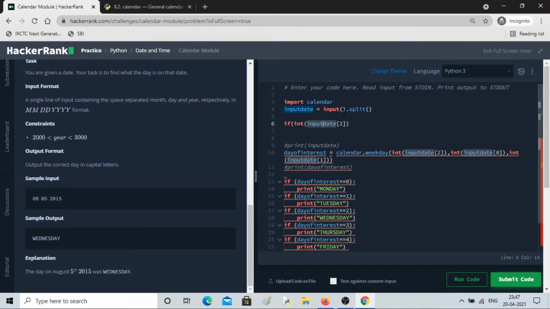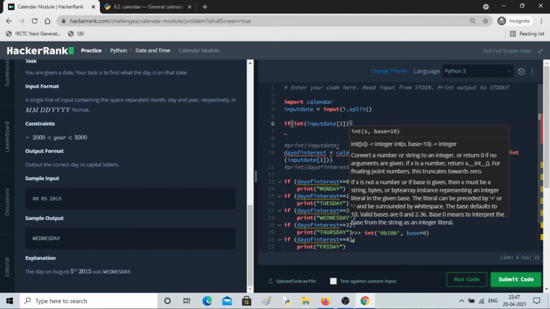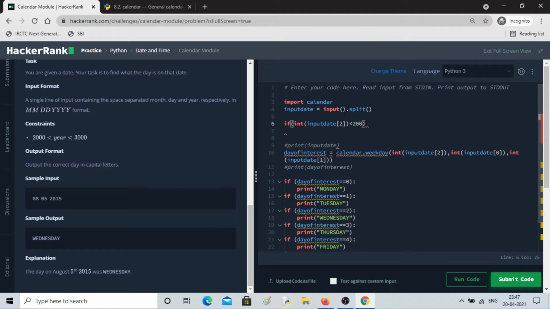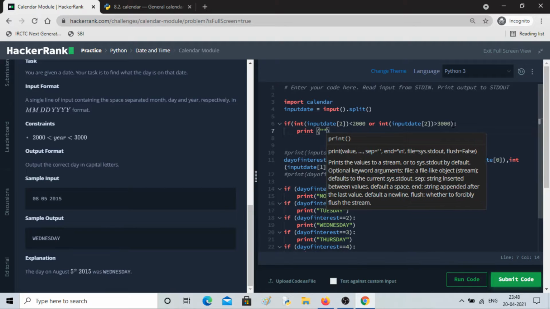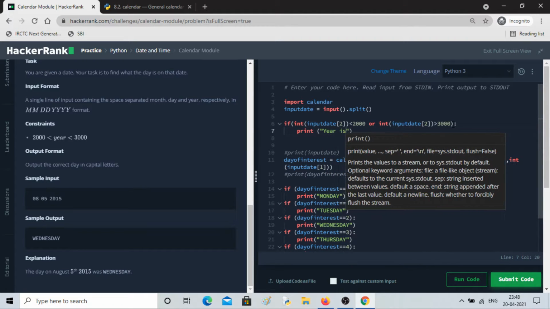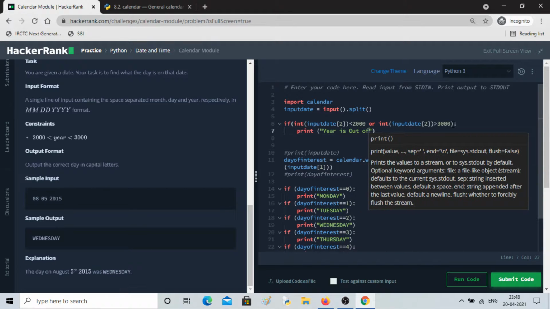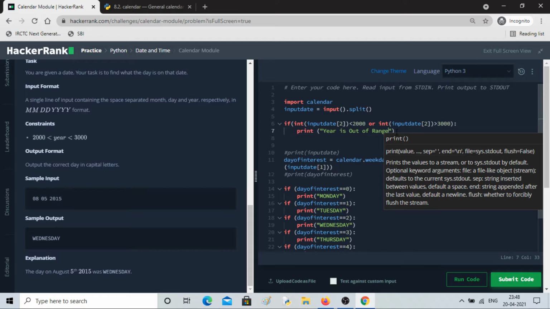Integer input date is less than 2000 or the same thing if it is greater than 3000, then print year is out of range. Year is out of range, right?